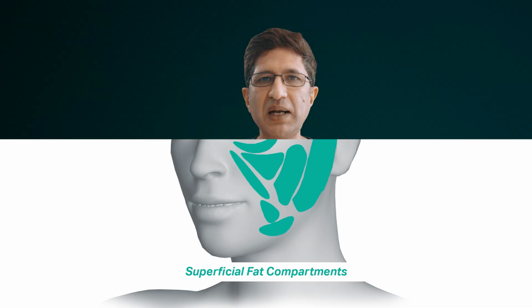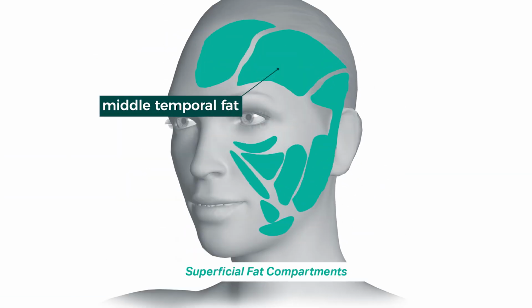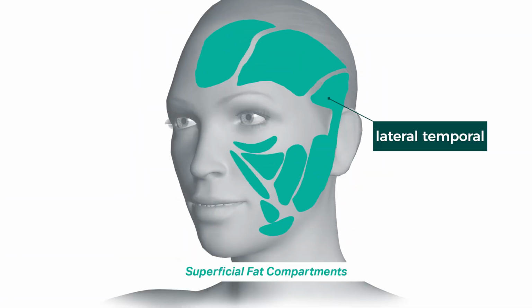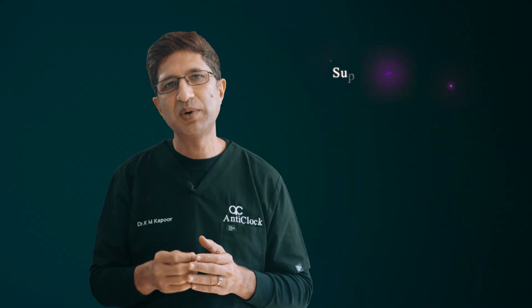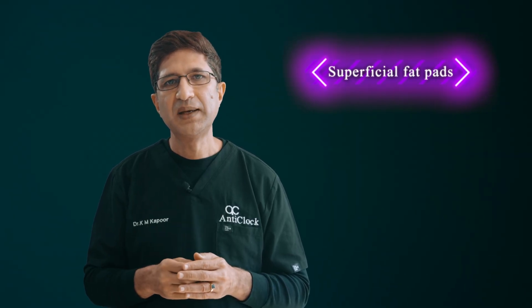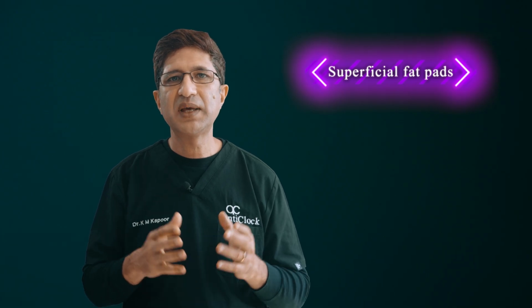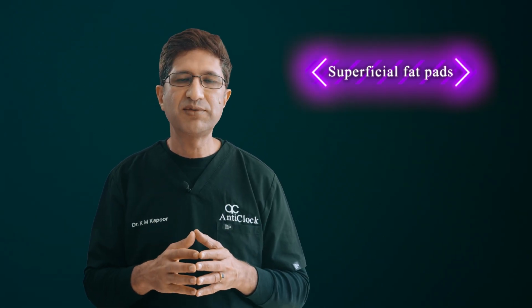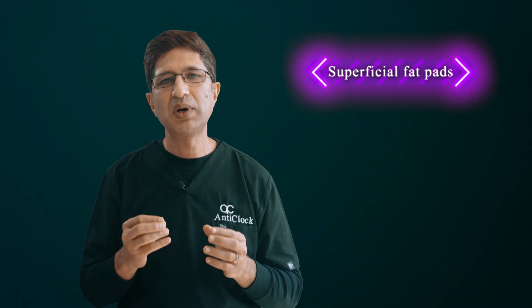of the forehead. Middle temporal fat pad is positioned on either side of the central forehead fat. This compartment helps with the transition between the forehead and the temple area. Whereas the lateral temporal cheek fat pad is the compartment which connects the temporal fat to the lateral cheek and cervical fat. As we age, the lateral temporal fat can diminish, causing a loss of definition in the upper face and in the temples. By injecting into these areas, we can restore the natural contours of the forehead and temples, creating a more youthful